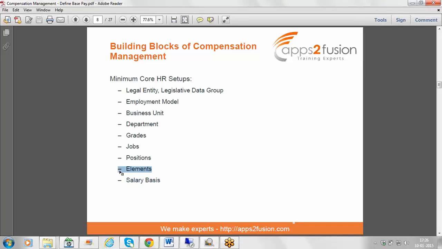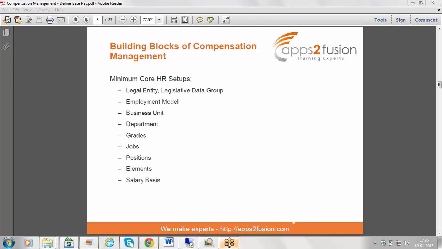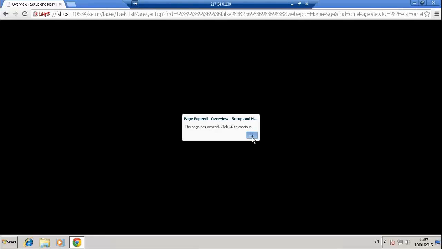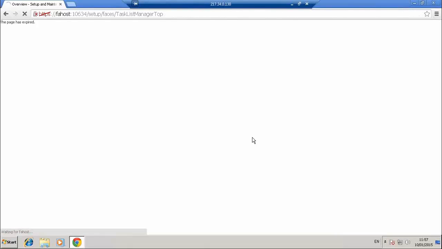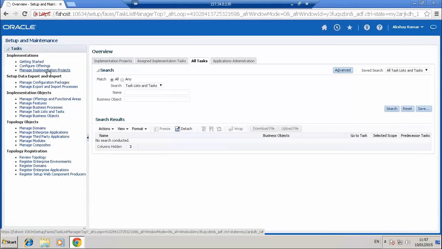Since in compensation also it is very much important, I will cover these two topics also separately for compensation. Okay. Before going to elements, let me get into the instance and show you the configuration of those core HRs. Though this is not part of compensation, but I thought since you are the only person, I thought I will just take you through that.